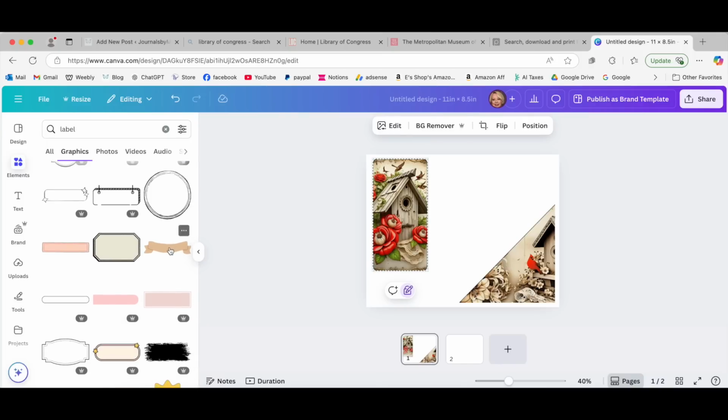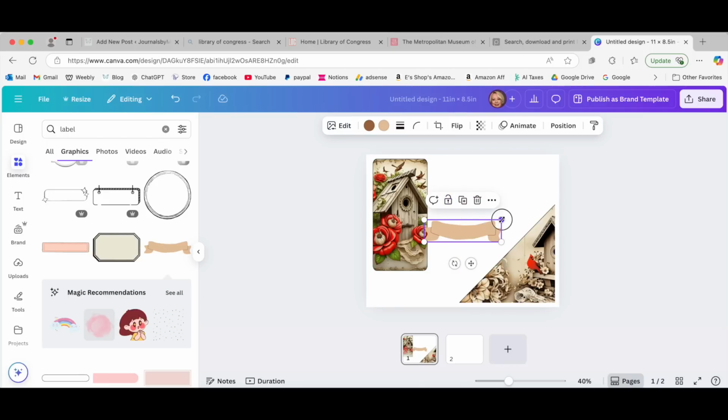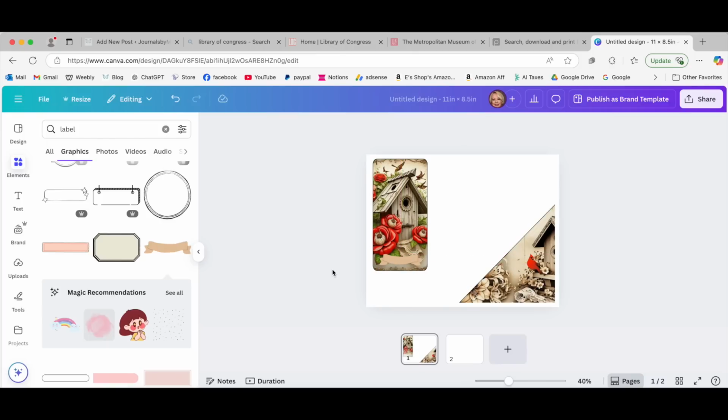We might just put that one. That's a free one. We might just put that, even though it doesn't have anything on it. So just shrink it down to the size that you want, and then you can just drop it right there. And there is our little frame on there, which I really don't like that color, so let's change the color